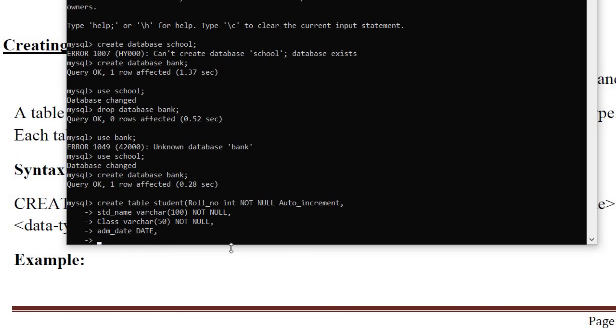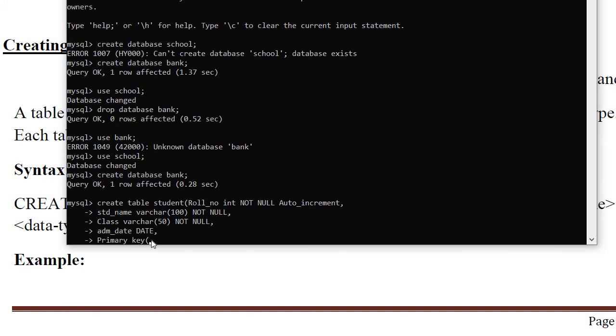Next, to create my table I want to set up the primary key, because primary key is mandatory. So how do you set the primary key? Write down primary key.